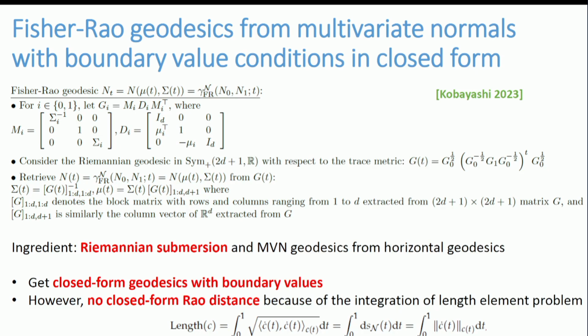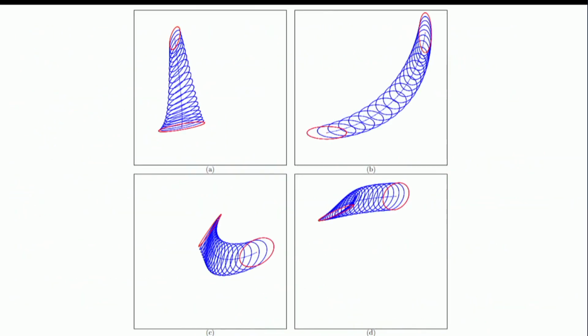And then you will simply use the geodesic of SPD matrices in dimension 2D plus 1, and you will extract. And this extraction, he interprets it geometrically as a Riemannian submersion. So geometrically speaking, this is very well understood, what's going on, from Ericsson in the 80s to this year. Everything was already algebraically in Ericsson's paper, but it was extended very simply by having these geometric insights. So I'm going to use it to design this. This is the kind of geodesic that you get. I fix initial and final conditions,